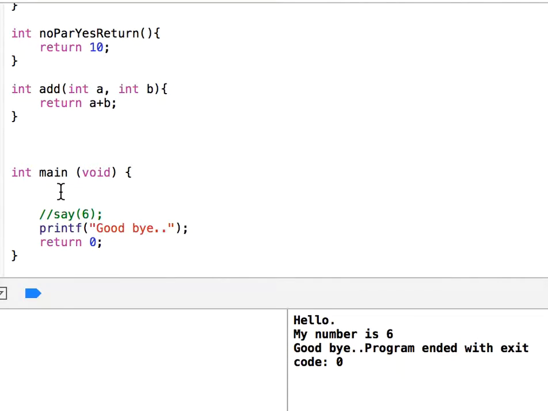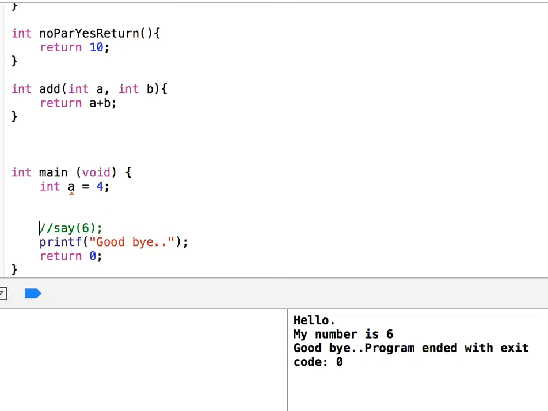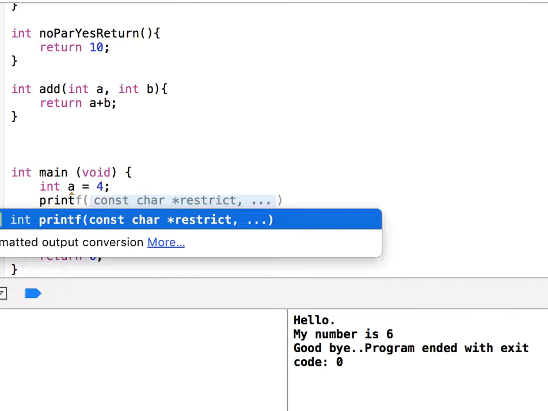Here let me declare a variable, integer a. This is a local variable. If I assign, for example, 4, and then printf